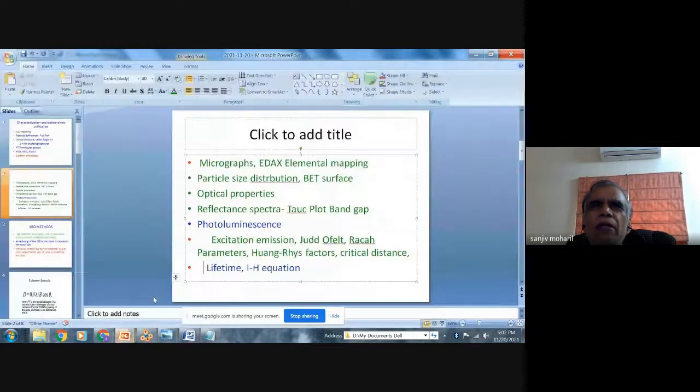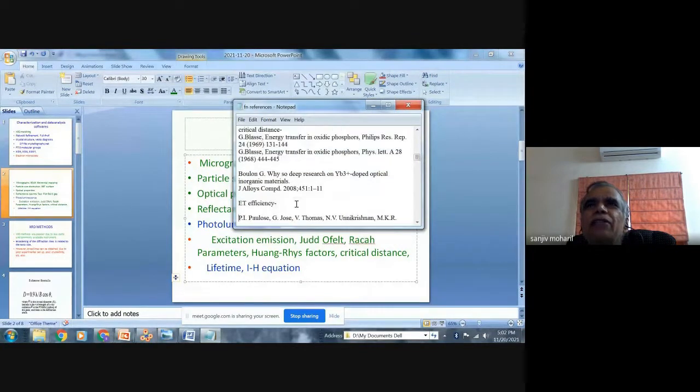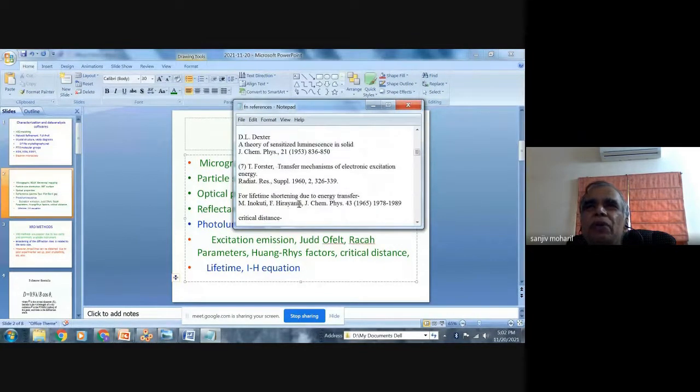Now, sometimes this lifetime curve is not an exponential curve, but it may contain several components and so on. In that case, we use the Inokuti-Hirayama equation. So that equation has to be used, and then from that we can get analysis of the lifetime.